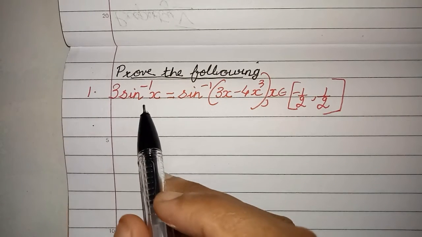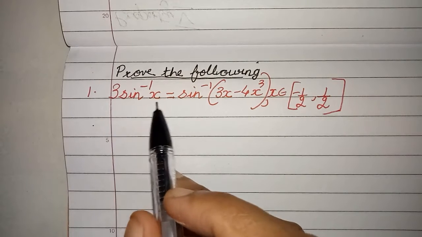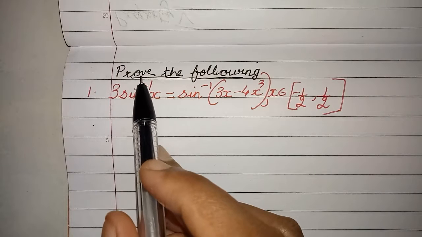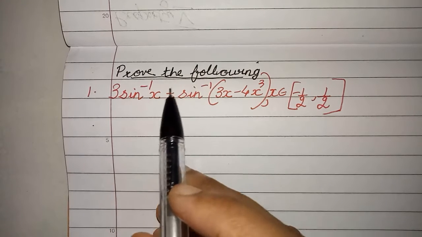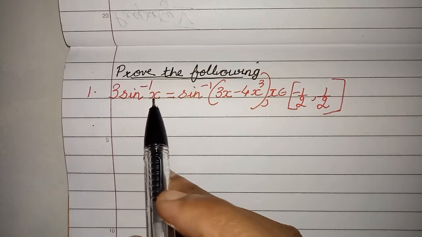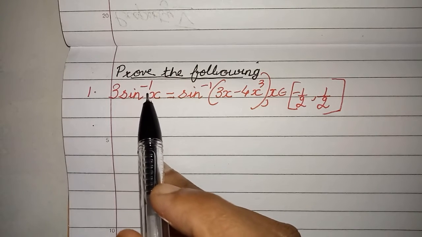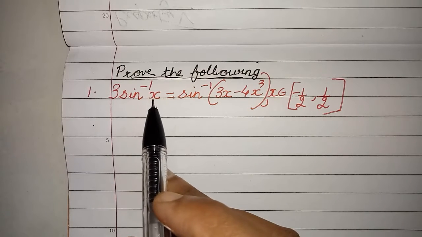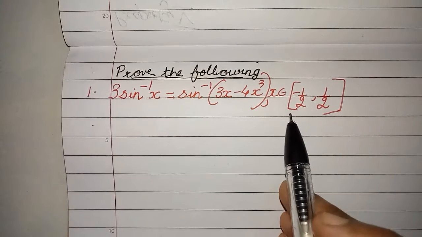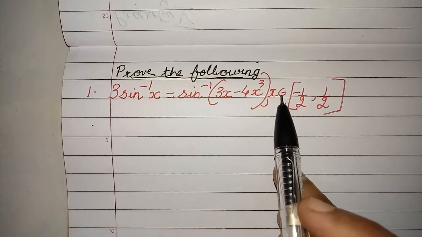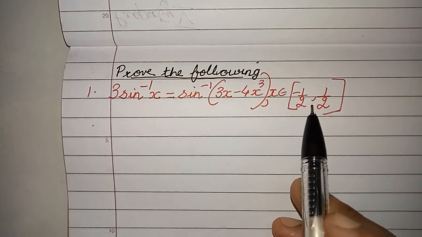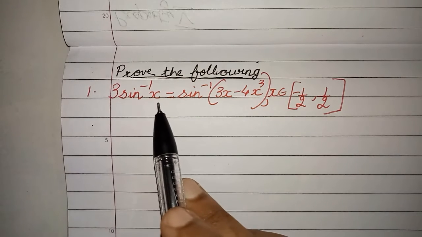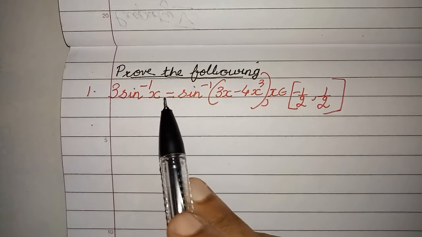Now we have to prove here that left hand side is same as right hand side. Now children, always remember when you are given a question under prove the following, you need not worry about the value of x here, right? Because it is given sin inverse in this question, that means your function sin inverse is existing, so you need not worry about the definition. And moreover, you can see that here the value of x is between minus half to half, which is very well defined, right? If you remember, the domain of sin inverse of x was closed interval minus 1 to 1.